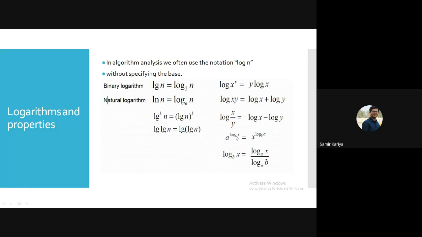A raised to log x base b, you can also write as x raised to log a base b. Just simply changing the content, the base is as it is. And another way: log x base b, you can write as log x divided by log b. The base can be any constant value. So these are the normal mathematical terms with respect to logarithm, because in the future we will be writing n log n, n square log n, so the idea will be clearer. What is the meaning of log?